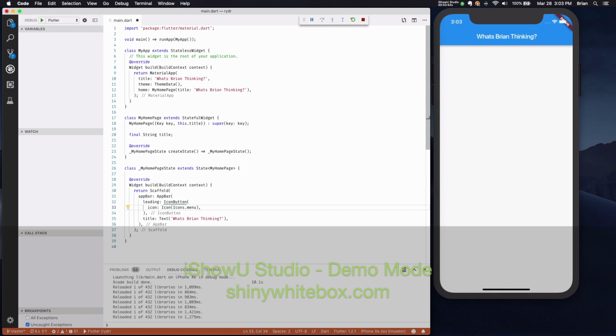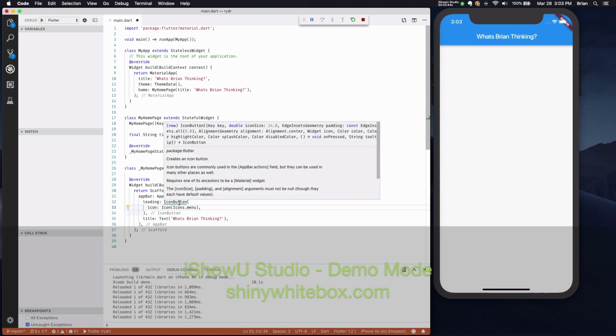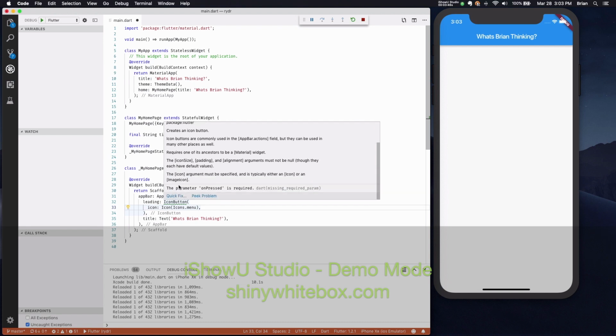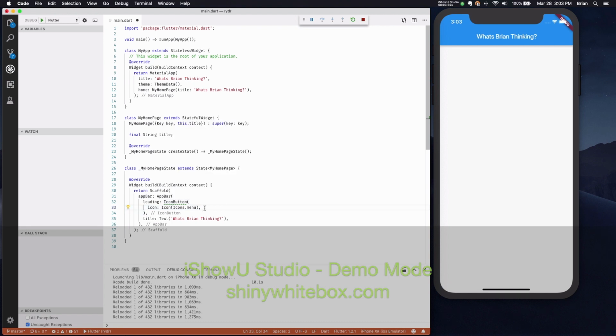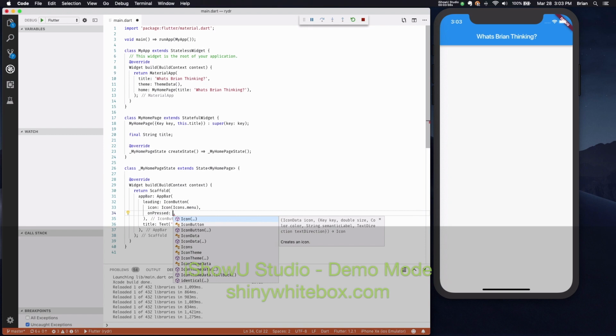And then with an icon button, if you hover over it, you'll see that it requires, right here, onPressed, right? So when you have an onPressed requirement for icon button, we don't have any function set up to actually execute anything when it's pressed. So we're just going to say onPressed, give it some parentheses, and then we're going to end it with some closing brackets. That way, when pressed, it'll do nothing, right? So let's save that, hot reload,